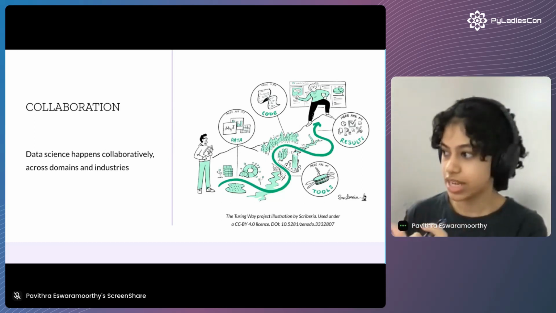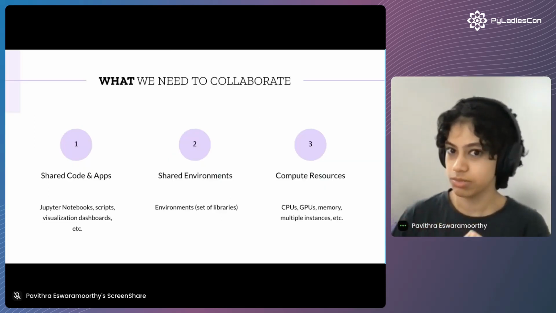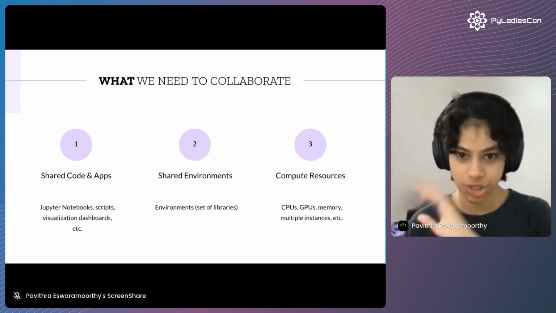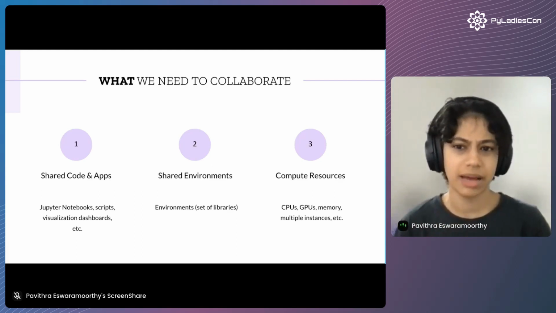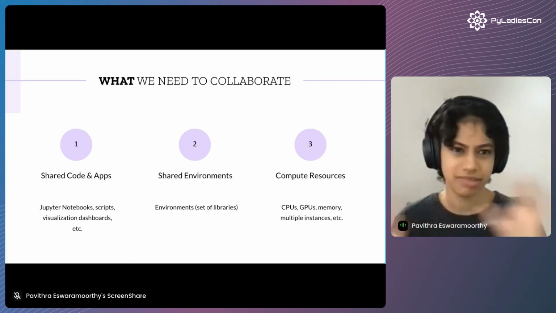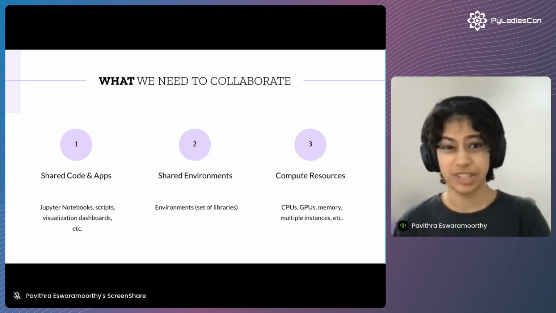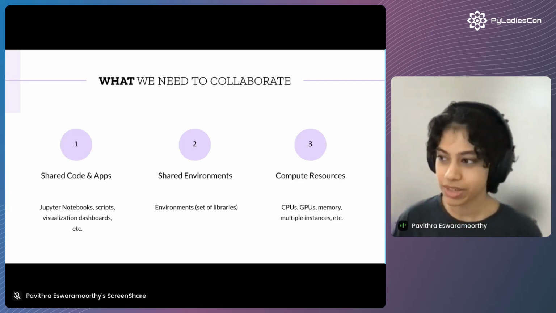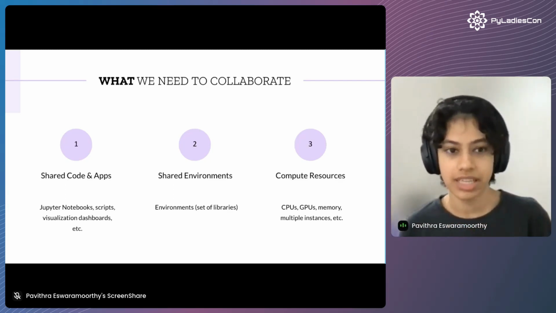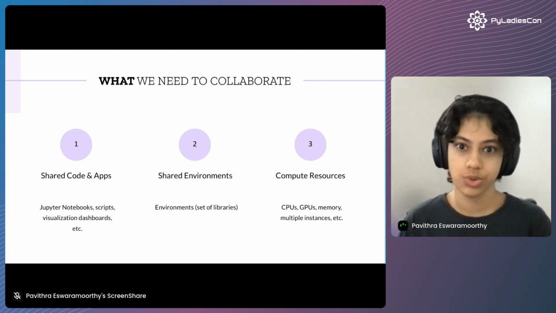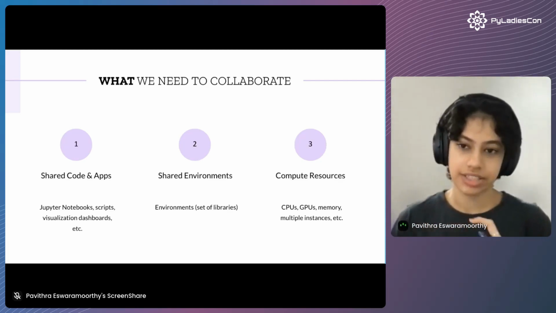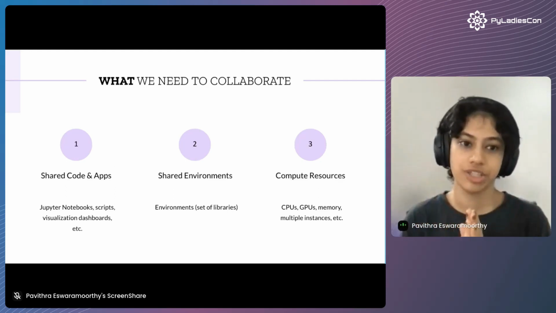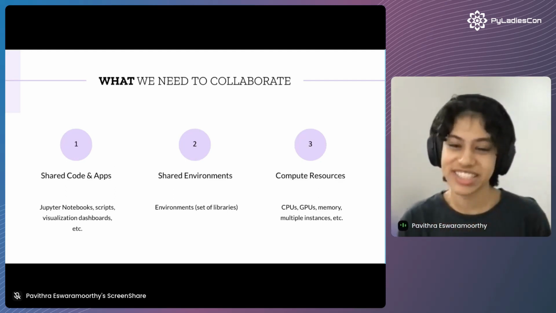So things we need to collaborate are sharing our code and applications: code, Jupyter Notebooks, scripts, and applications like visualization dashboards or anything else. Specific tools include their own dashboards, which we also want to be sharing with folks. Second important component is your environments. By environments, I mean the set of libraries we use to do the analysis, right? Set of libraries and packages like NumPy and SciPy. You're using a set of tools. We want to make sure the same set of tools and the right versions are shared with your